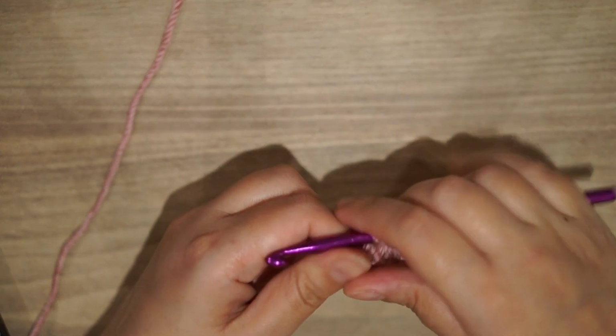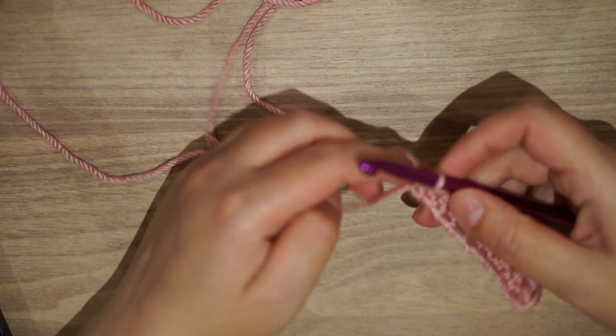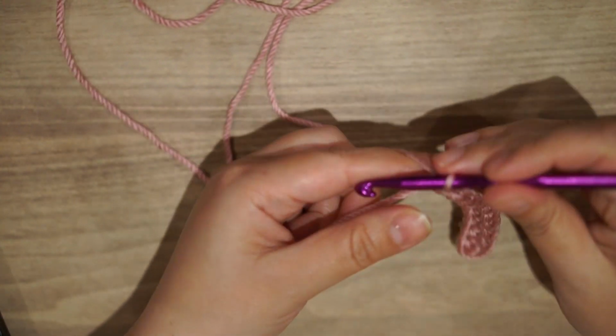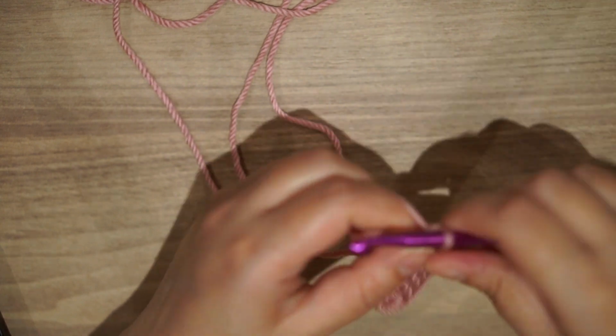Now I'm gonna show you how to make the second row, and it's gonna be the same thing you repeat in every row. So now we have done the first row. What you're gonna do is chain 2, turn my work,